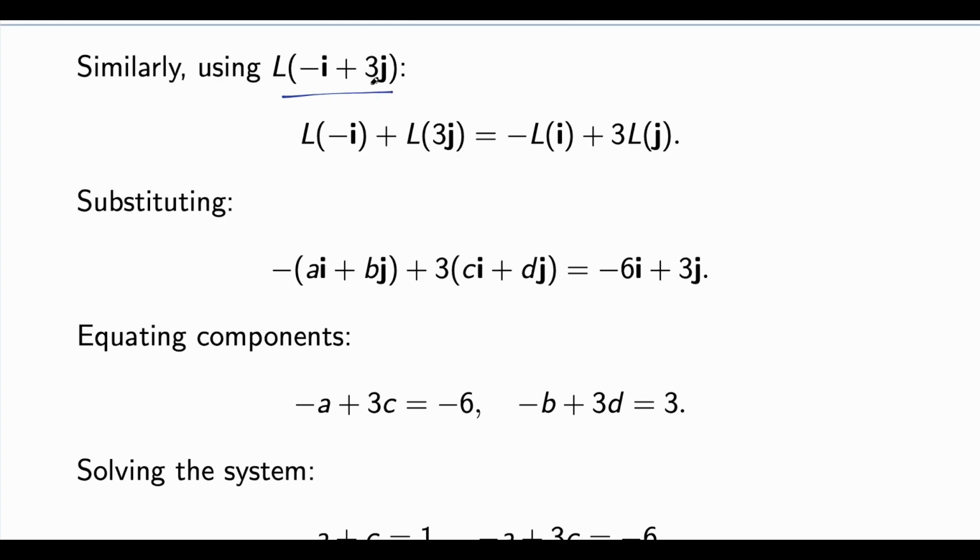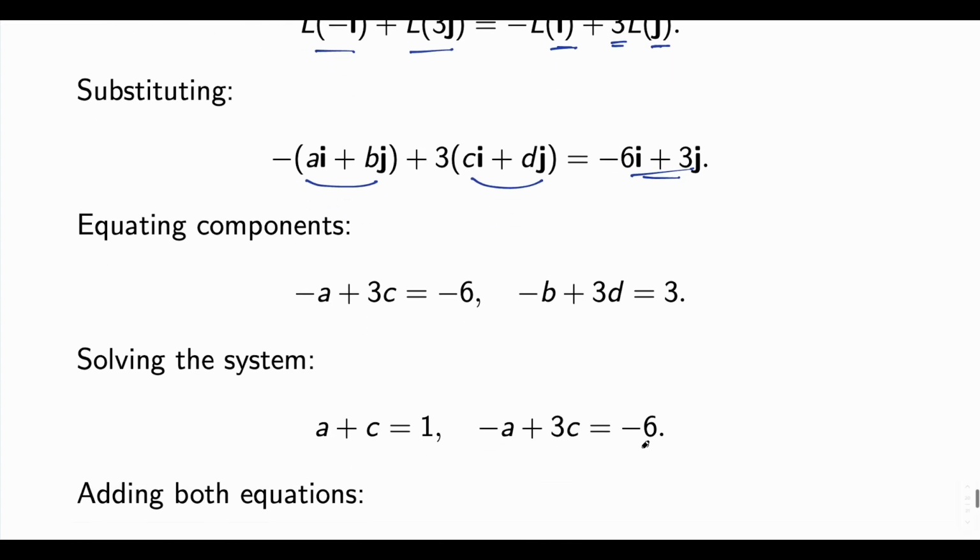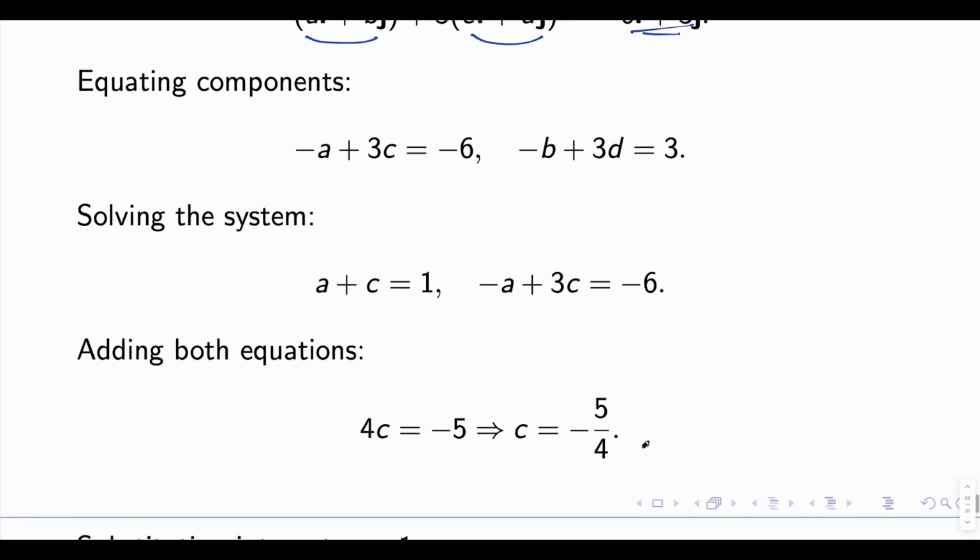Similarly, L of (minus i plus 3j) can be written as minus L of i plus L of 3j, and since this is linear, the 3 can come out, with L of i and L of j. And L of i, L of j we have already been given, so I can write here a plus i b and 3 times (c plus i d), and this value is already given. L of (minus i plus 3j) is equal to minus 6i plus 3j. Again, you do the same as we did before, collecting all the components. After solving these four equations in four unknowns, we got